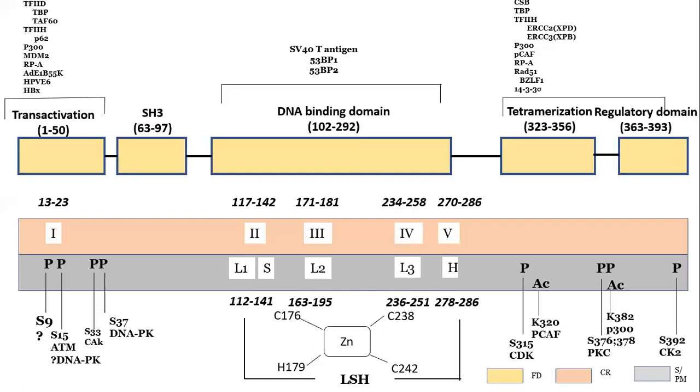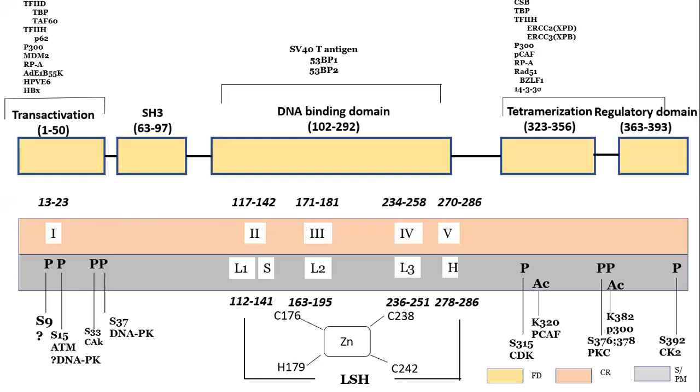Class 1 mutations affect the regions which contact the DNA. For example, in most of the cancers where p53 mutation is found, arginine 248 is found to be mutated. On the other hand, another common mutation is arginine 273. If a mutation occurs at this point, then the DNA binding region, or the region which comes in contact with DNA, the binding gets affected.